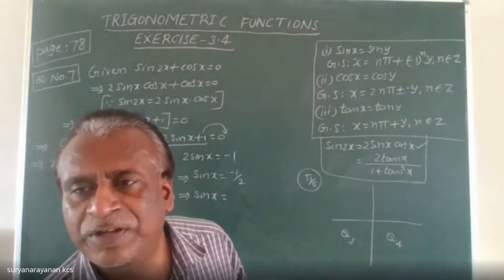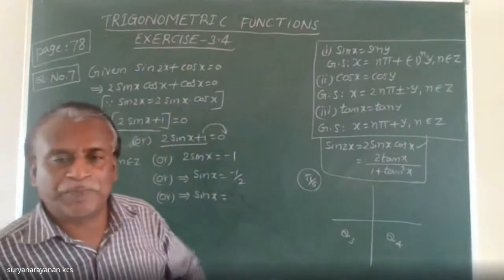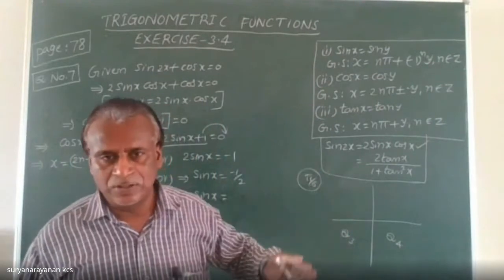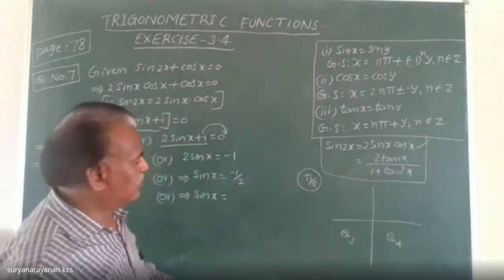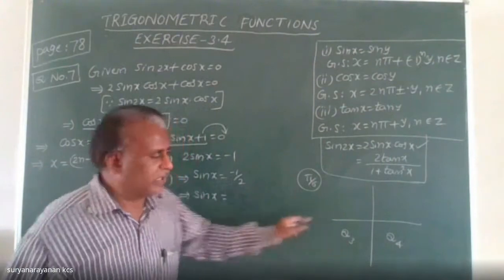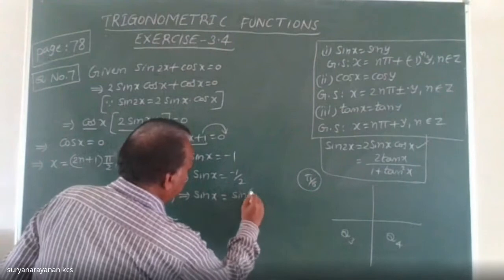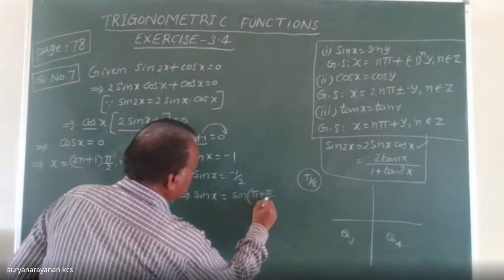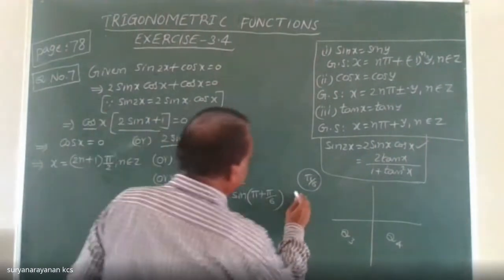Yes, very good, Maria. Previously also I told you, use pi plus or pi minus, 2 pi plus or 2 pi minus, like this only. Okay, so to express an angle in the third quadrant, we write pi plus pi by 6. Sin of pi plus pi by 6, or